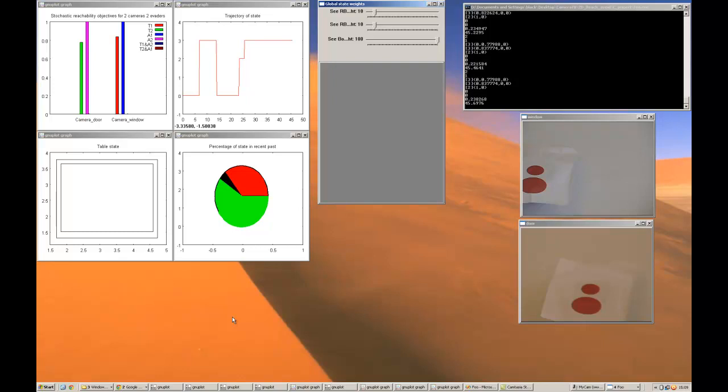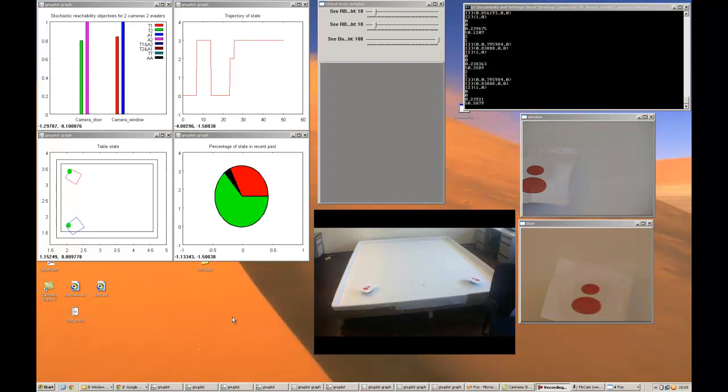There's no change to the algorithm or to the way the hierarchical controller works. Just automatically, when an object enters the surveillance area of one or the other camera, then the stochastic reachability objectives start being non-zero. And when these are reported to the hierarchical controller, the supervisory controller, then it makes a decision, it allocates the tasks such that the system still stays in the preferable state, which is in most of the times to see both robots.